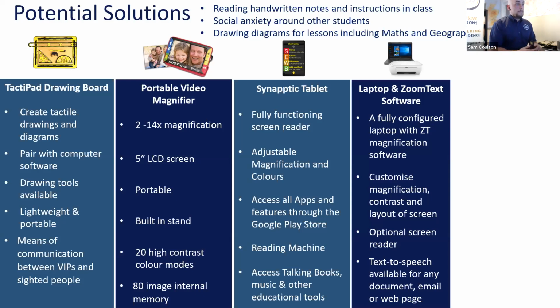Next, we've got the laptop and Zoomtext software. Okay, this is quite a popular solution for students. Obviously, it's a regular laptop that we all know about, but on there's a piece of software called Zoomtext, which, in essence, it magnifies and it enhances the screen, which can be customized for the user. So you can customize the magnification, the contrast, the colors, the mouse pointer, the cursors, everything you can think of, you can customize. And there is also a basic screen reader as part of the software as well,